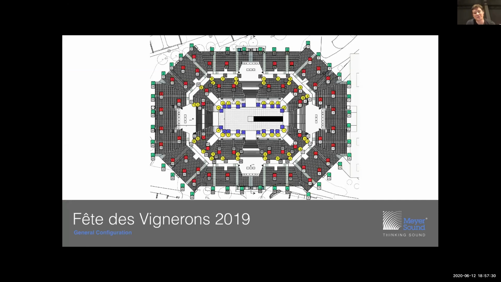So we've seen all the masts, we've seen the cows, and this is the other speakers. This is the configuration of all the other speakers. In yellow, that's the cows that we've seen. The green speakers are the UPA surrounds around the arena, and the red speakers are the subwoofers. The subwoofers are hanging under the ceiling, and